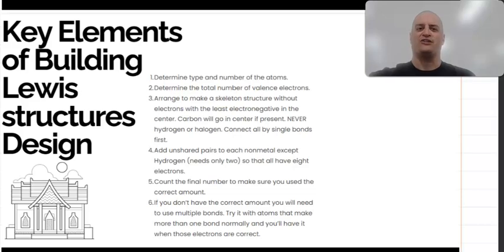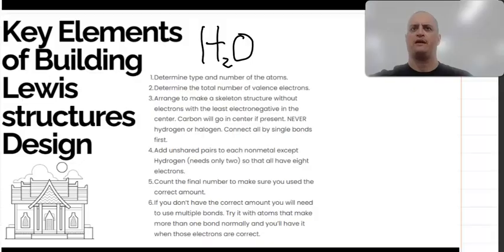use at your convenience. Alright, so let's look at an example of something very familiar to all of us, H2O, water. So, determine the number and type of the atoms. There are 2 hydrogens, and we don't write a subscript, which is the numbers down here, if we only have 1. Total number of valence electrons. Well, 1 electron for hydrogen, and there's 2 of them, plus the 6 valence electrons for oxygen, giving me a